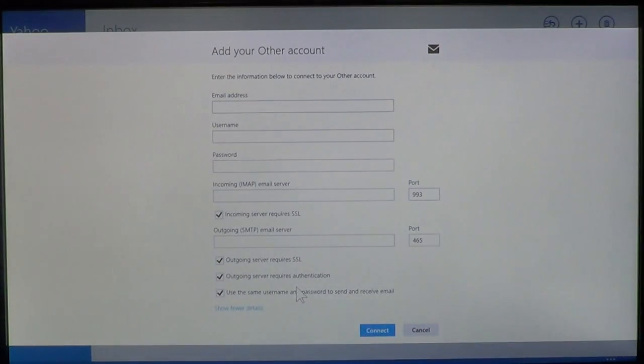If you click on show more details, here you enter the email address, and the username and password that you use to access that email account, and the incoming IMAP mail server, which for instance is IMAP.Comcast.com or IMAP.SBCglobal.net. Things like this are what you need to know. You need to know the port that your internet service provider uses, and if it uses a secure socket layer,